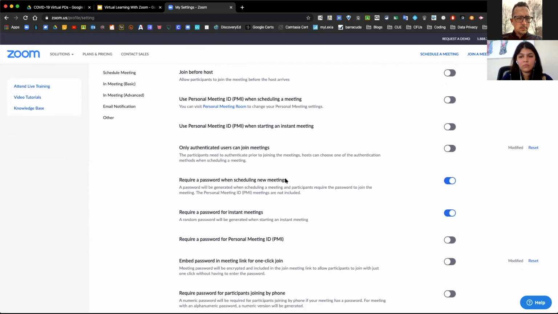Requiring a password. This is something that has been brought up. I've gotten a couple emails about this. One way that you can make Zoom a little more secure for yourself and your students is by creating a password for your meeting. Now, by default, when you have this set up, which I do, just like how you guys joined this webinar today, you had to enter a password and it was a 6-digit numbered password.